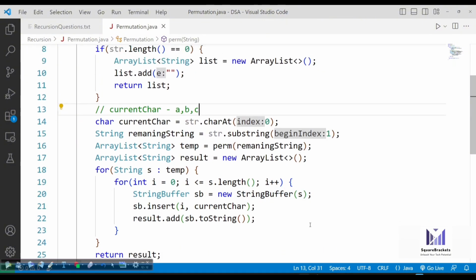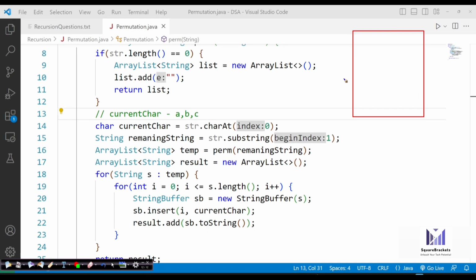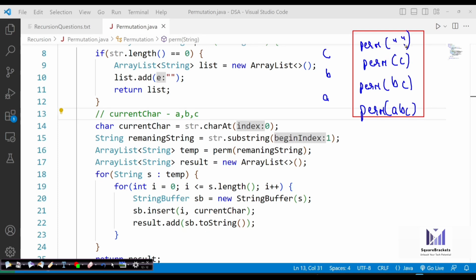Let's see how it is going to be executed one by one. The very first thing is that once you have the stack completely occupied, let's say there will be three calls in the stack. Let's say the function name we have written is perm. First you pass A, B, C. So it will put current character as A, and then you call perm and pass B, C. Then B will be the current character, then you will pass C only, and then C is the current character, and then you call it with the empty string. Okay, now the stack is filled in.